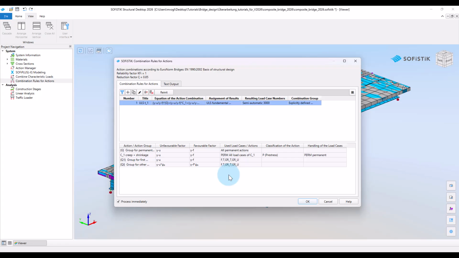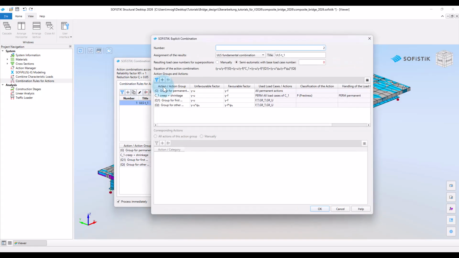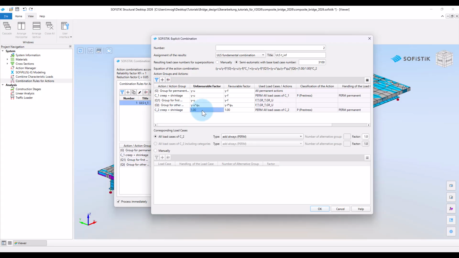Next, we create the ultimate limit state combination with maximum creep and shrinkage. For this purpose, duplicate the selected combination, adjust the title and the base load case number, and then just add the action C2 for creep and shrinkage from traffic opening until end of life cycle, and assign, of course, the correct factors.